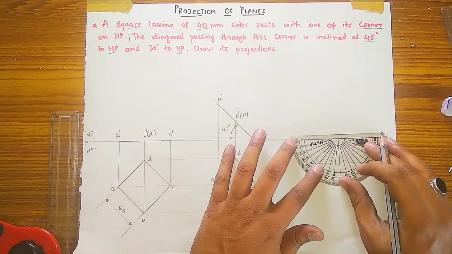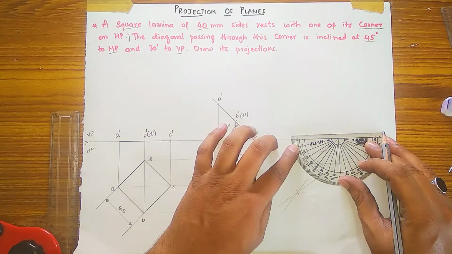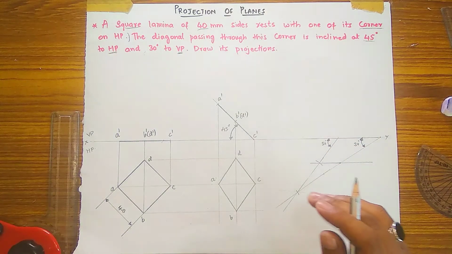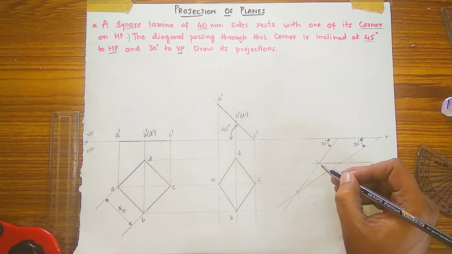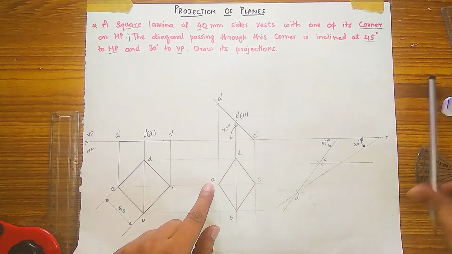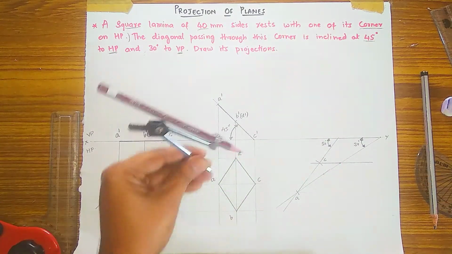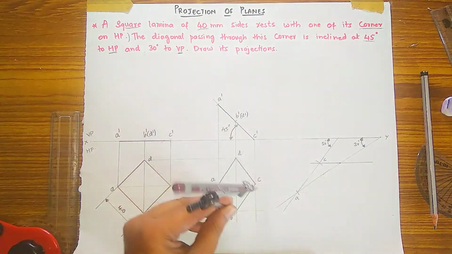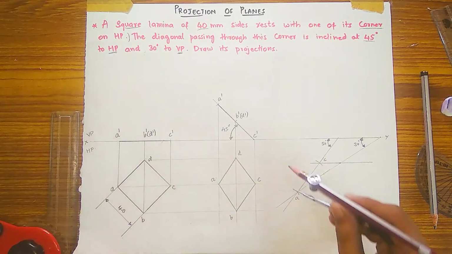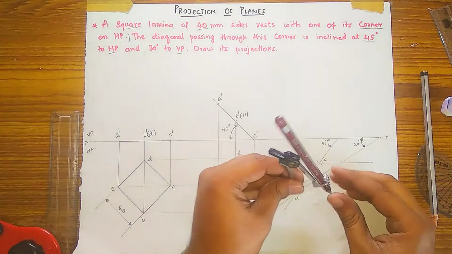By measuring with your protractor you can show how much angle. Here I am getting a 50 degree angle. Okay, 50 degrees I am showing you. Then this diagonal you have copied here. So this is the A point, this is the C point. The remaining lines you have to copy with the divider. This line D to C, then B to C, B to A, all these line measurements are the same. So by keeping on this A end, I am drawing an arc here, upwards and downwards also.